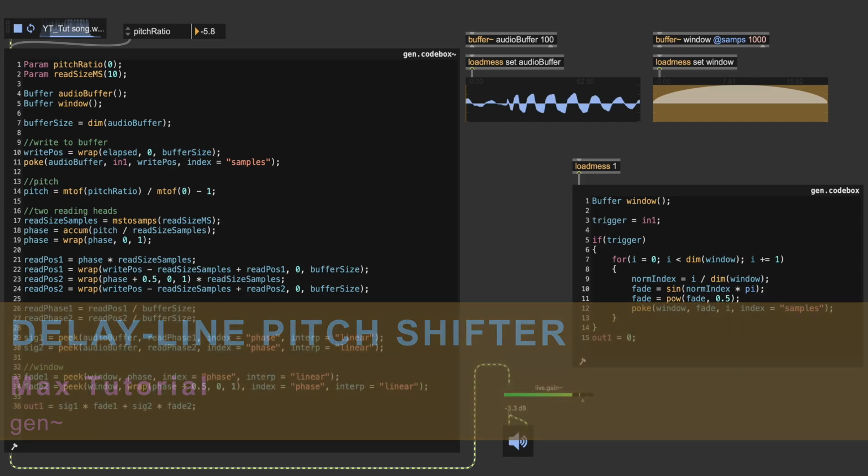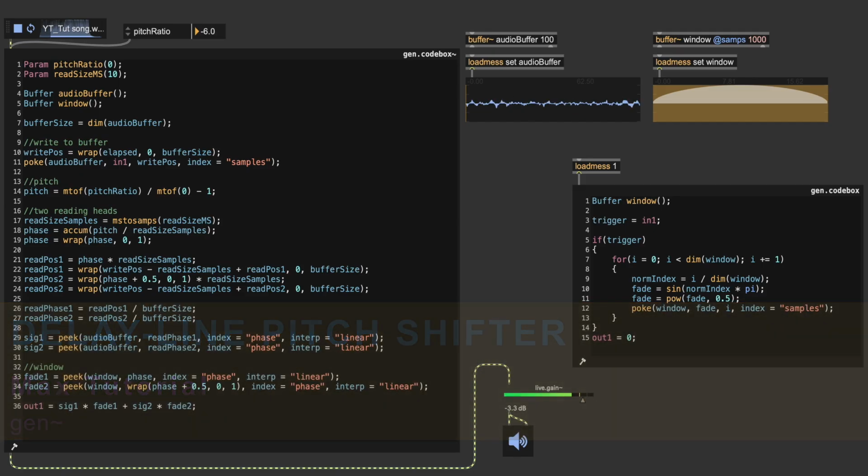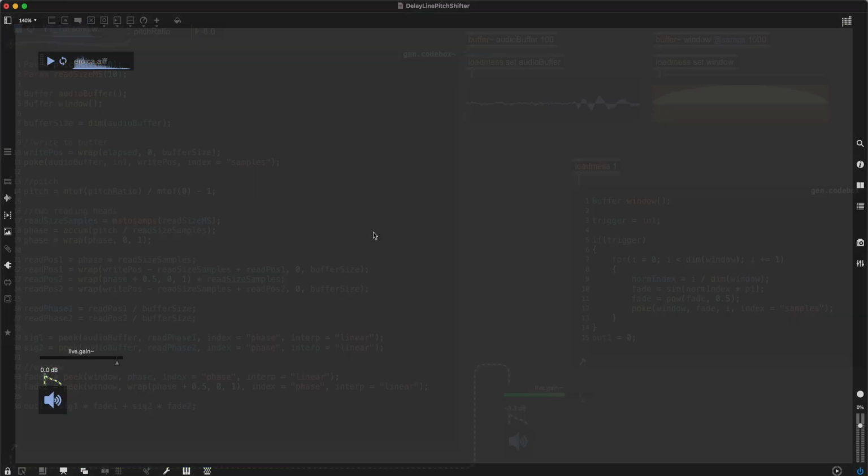In this Max tutorial, we will implement a pitch shifter using a delay line in Gen. Before we start implementing this time domain delay line pitch shifter, let's quickly go over what we're trying to achieve here. The main idea is that we will continuously write audio into a circular buffer and then